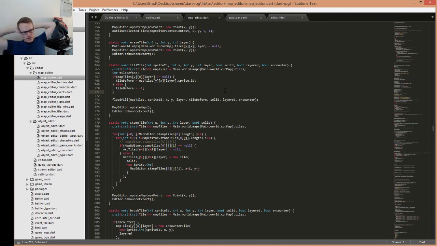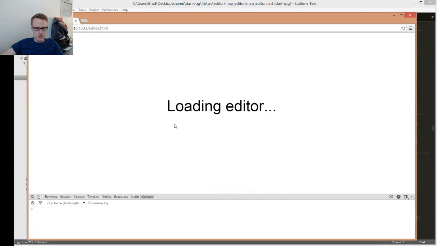So right now I'm filling just based on ID. Should I be filling based on encounter / non-encounter? Does that make sense? So